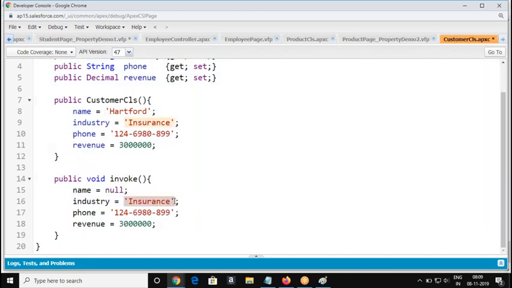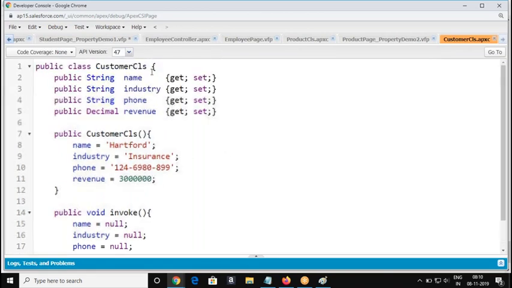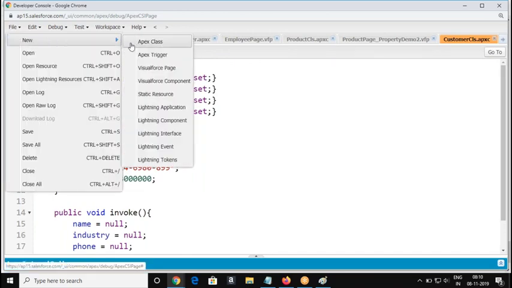Null is a keyword which will initialize a variable with no value. Don't give the null keyword within quotes as a string. This is not the string we are assigning. We are just using the keyword null to initialize the variable. Right. Now this is a class we are going to refer to in Visualforce.